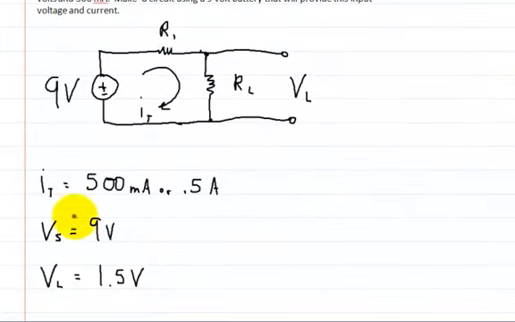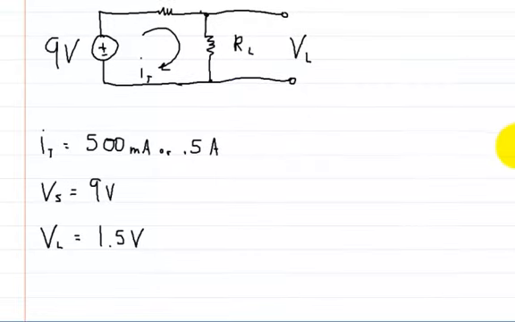So automatically we know that the total current running through this has to be 500 milliamps, or 0.5 amps. We also know that the voltage across this load has to be 1.5 volts, because this is where we're going to connect our leads to in order to get the voltage for the cell phone. So this here has to be 1.5 volts. So that's what we know so far. And we could also solve for the total resistance, and that'll come in handy later on. So in order to solve for that,